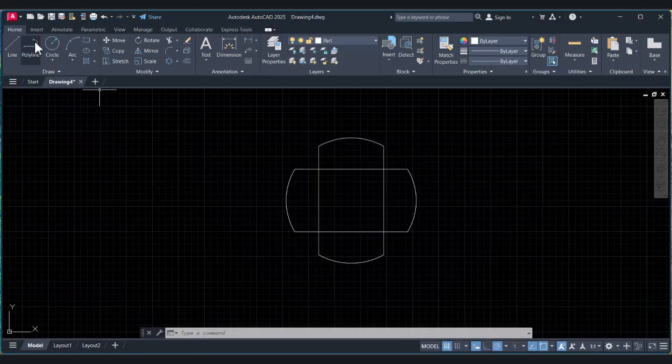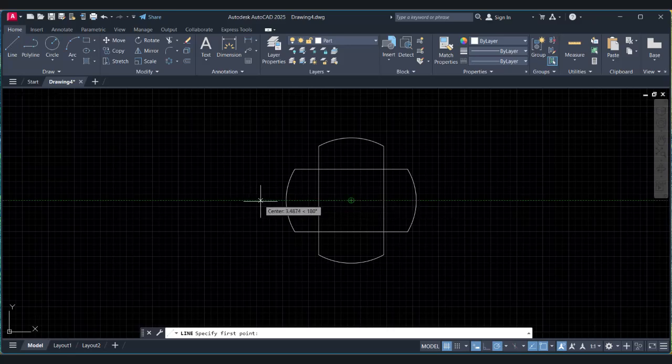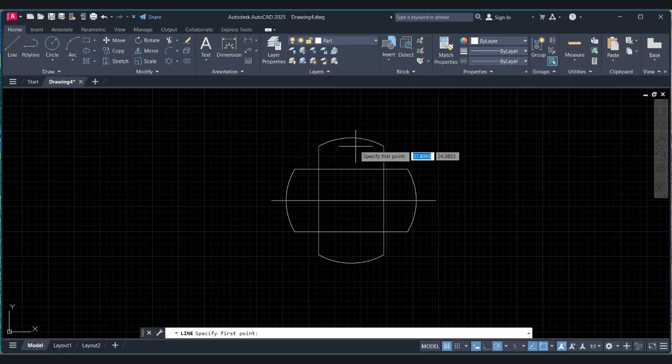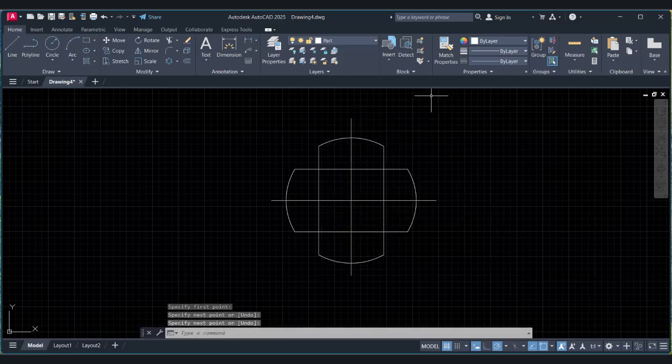Okay, so again we need a line. So for this one I'm taking the center point, and again for this one I'm going to drag this center point. So when you go to circle it shows the center point, and then just drag it and draw it like that.